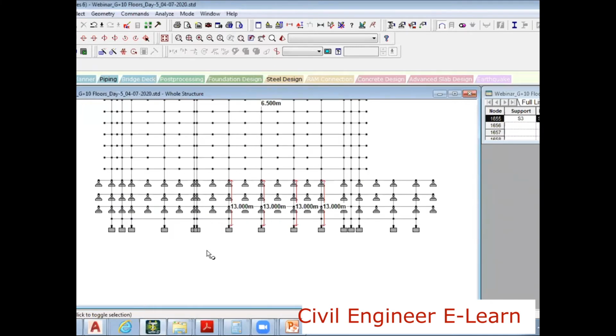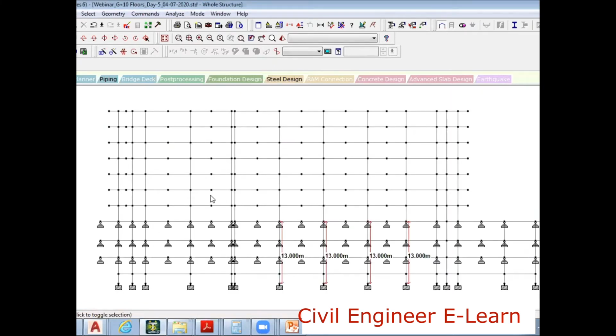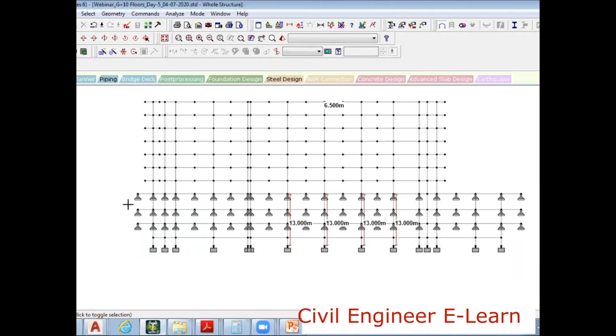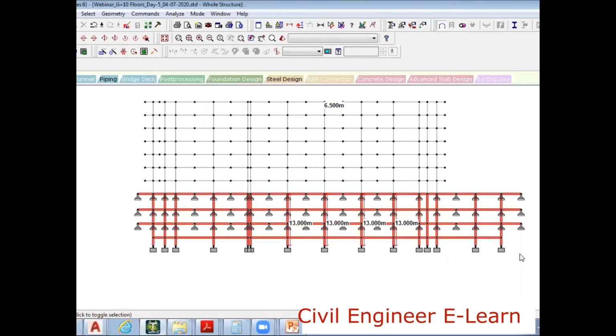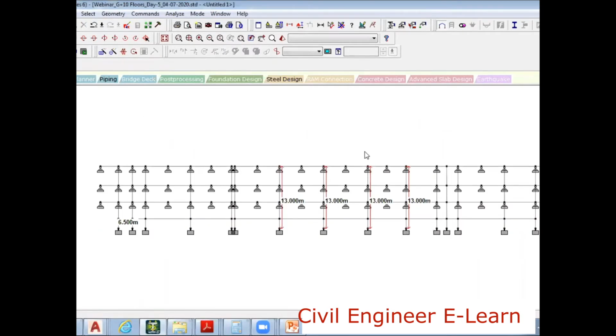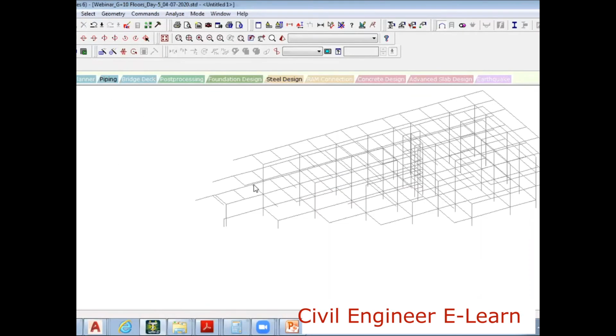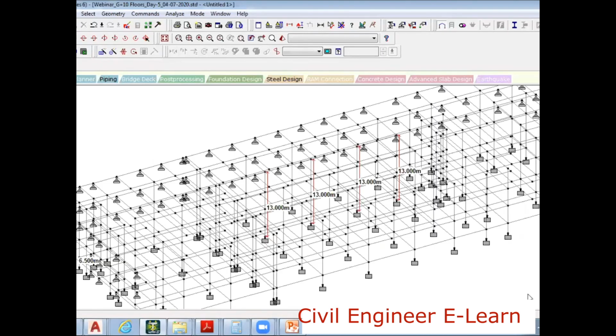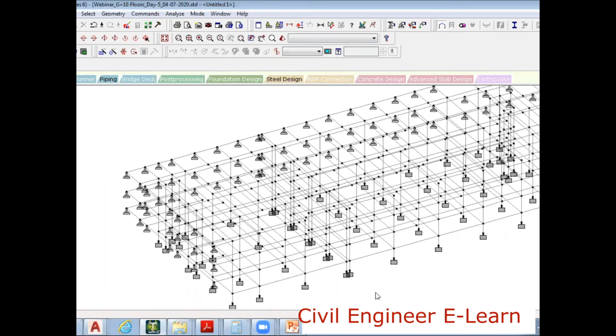So I wanted to see only this basement portion separately. I will select like this. Right click, new view, okay. See how it is connected.